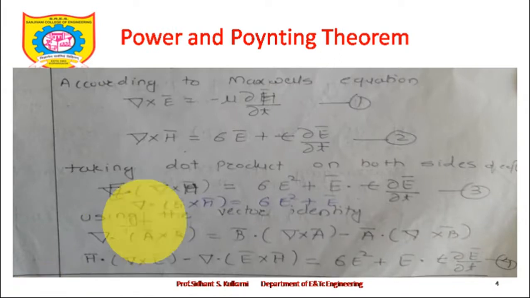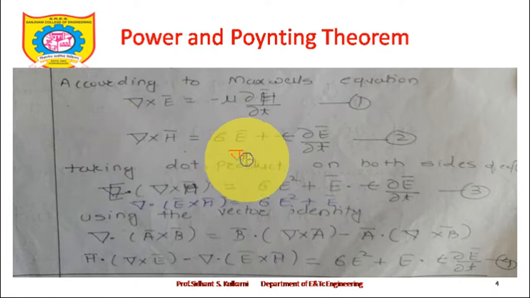Now according to the first Maxwell's equation, we have del cross E bar is equal to minus dou B bar by dou t. B bar we can write as mu into H bar, so it will come out to be minus mu dou H bar by dou t. Let's call this equation number 1. And from the second Maxwell's equation, we can write del cross H bar as sigma E bar, this is J_C bar or conduction current density that we already know, plus displacement current density J_D bar. J_D bar we can write as epsilon dou E bar by dou t, that is, dou D bar by dou t. We can write D bar as epsilon E bar.